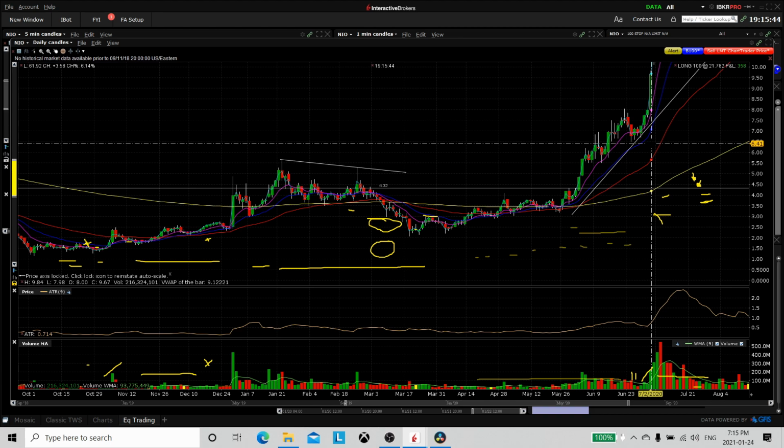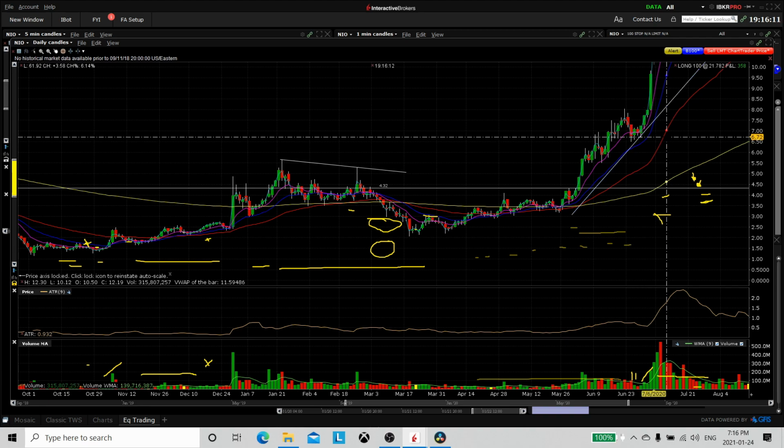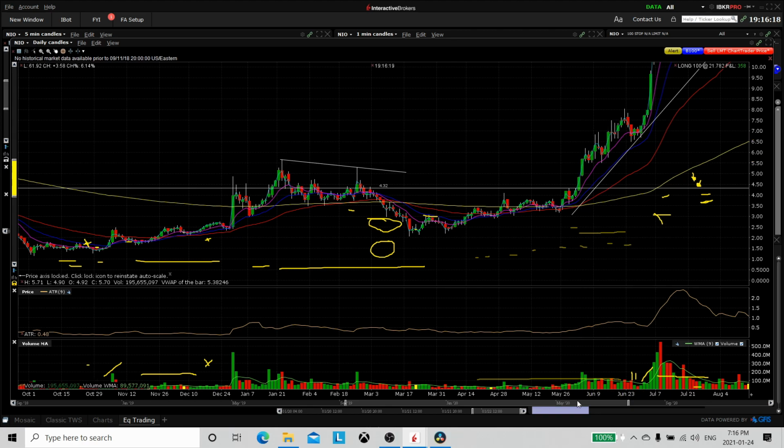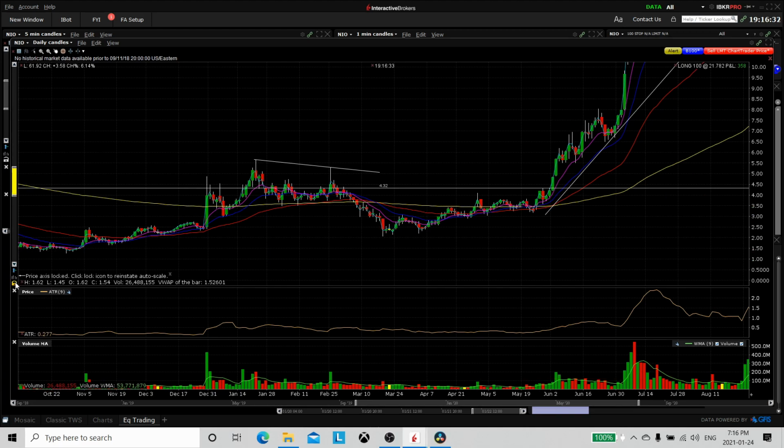With technical analysis, it's as much an art as it is a science, right? Technical analysis is really just a graphical representation of supply and demand. So there's a lot of logic behind it, but because it is graphical as well, there's going to be a lot of room for interpretation. So it's always good to understand that the way one person sees something might be completely different and contrary to the way someone else sees something. So everything that I'm saying here, take it for what it is, which is really just my perspective on this stuff. Anyways, let's clear up this chart because it's getting kind of messy,